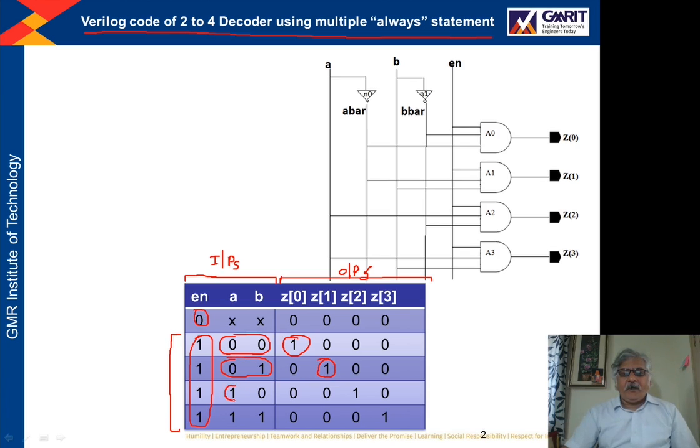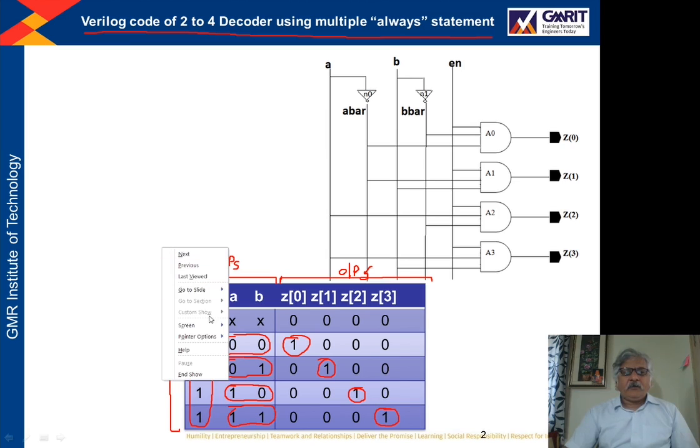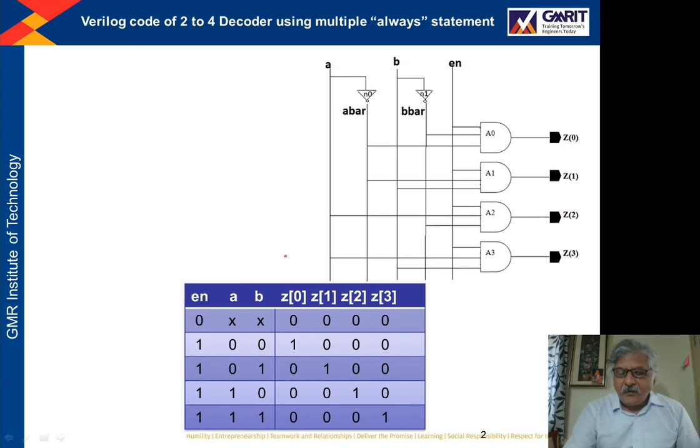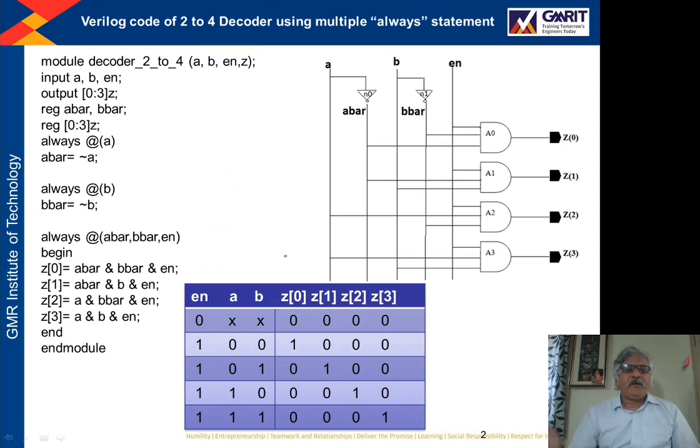If A is 1 and B is 0, then output Z2 will be 1. And if both inputs A and B are 1, then output Z3 will be 1. So this is the operation of this 2 to 4 decoder, and the Verilog code by using multiple always blocks is this